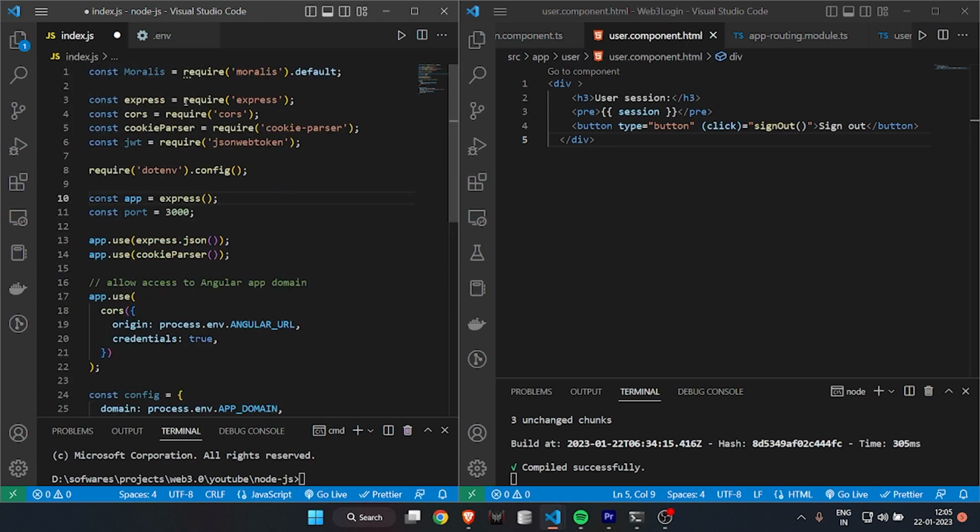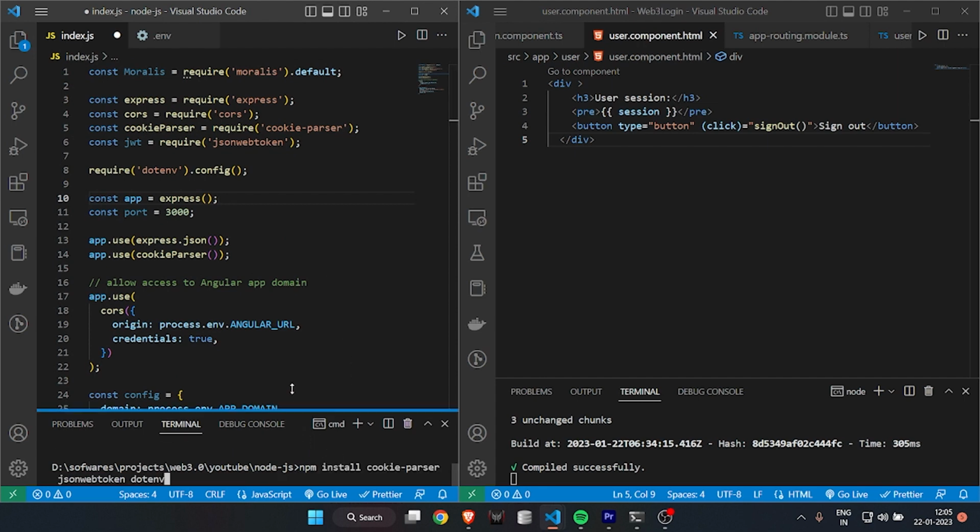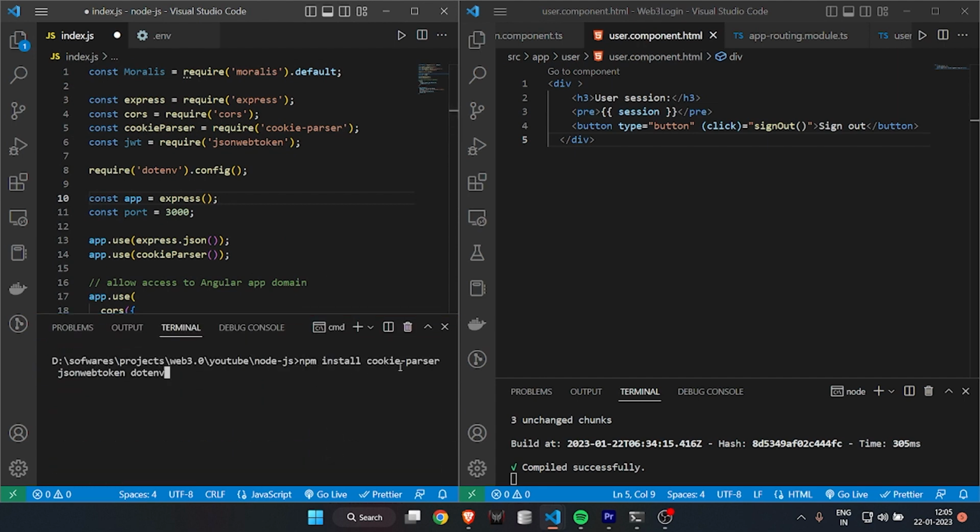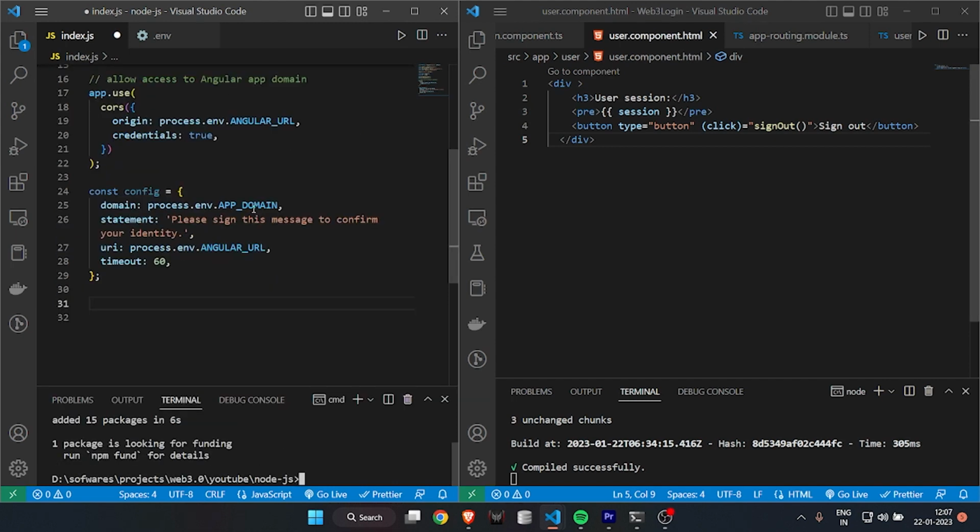Here you can see that we are importing many things. So I'm just going to install this. You can see that I'm installing cookie parser, JSON web tokens, and .env. So once the installation is done, in our index.js file, we are going to be creating a request message endpoint